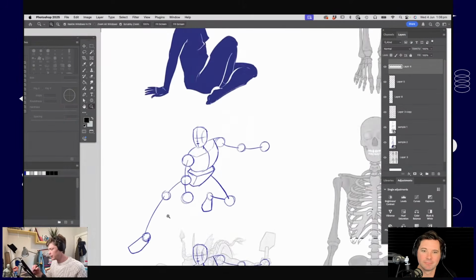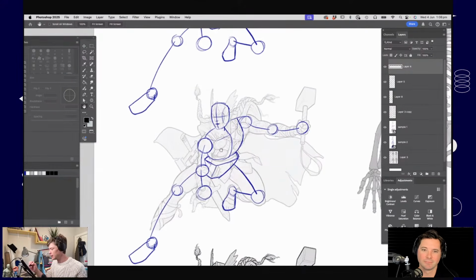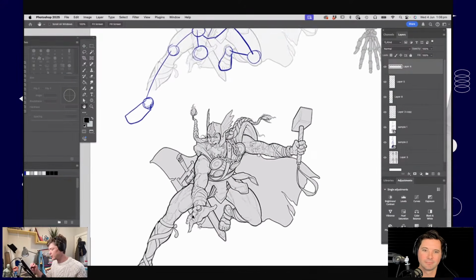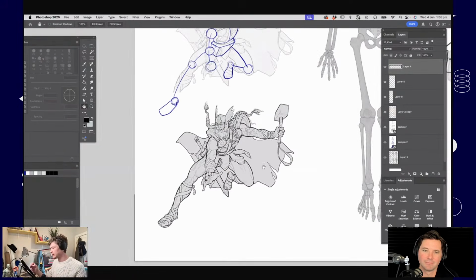I'll show you another one here. So we've got a bit more of a dynamic character here, but similar, just a couple of big shapes for the head, the body, the pelvis, and just circles for the joints. And then you can see starting to turn that, and it turns into quite a complex figure, but we're going to be thinking about how we reduce down that information to something that's easy to work with, and then we build up the detail from there.